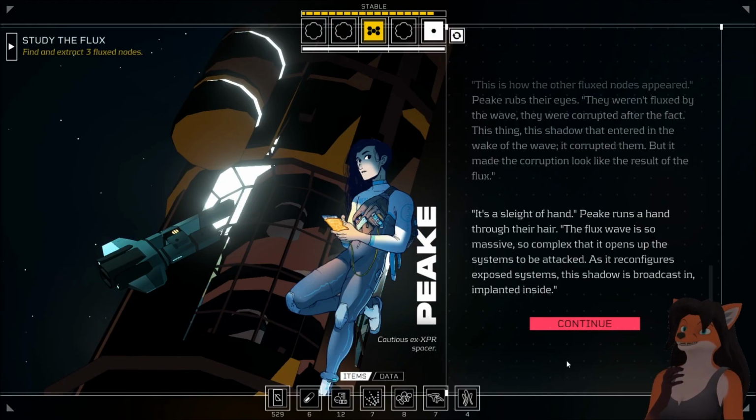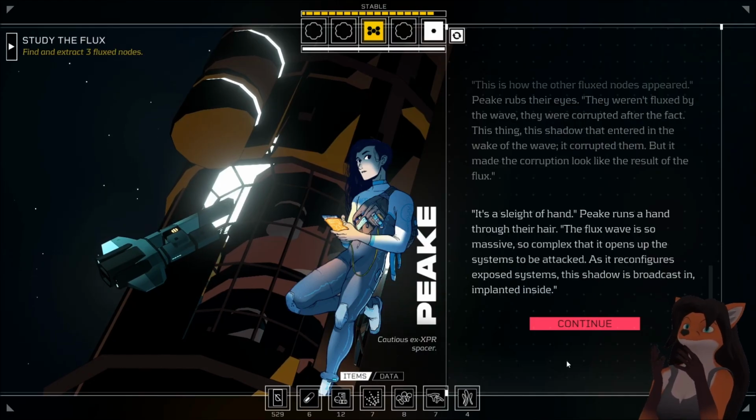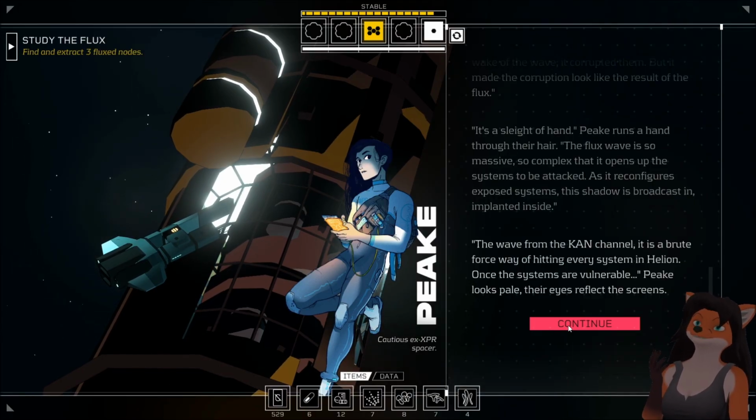The flux wave is so massive, so complex, that it opens up the systems to be attacked. As it reconfigures exposed systems, this shadow is broadcast in, implanted inside. The wave from the Khan channel, it is a brute force wave hitting every system in Helion. Once the systems are vulnerable...